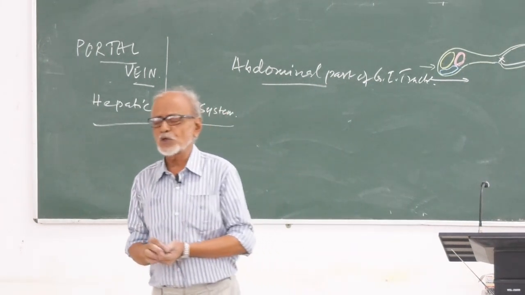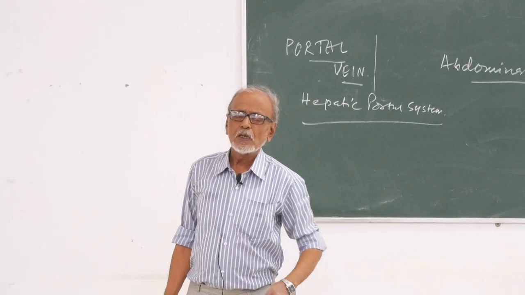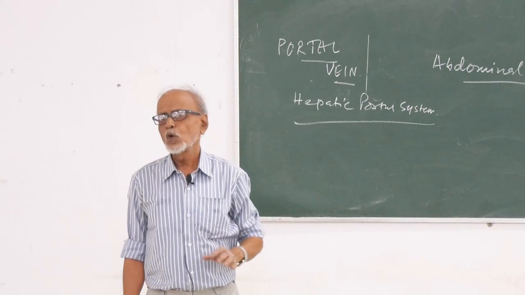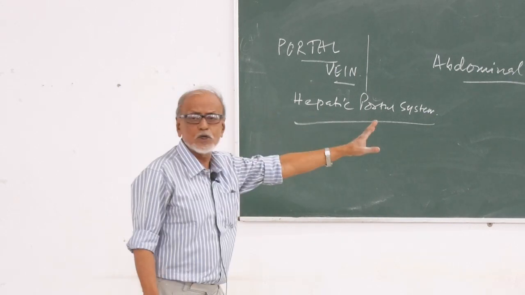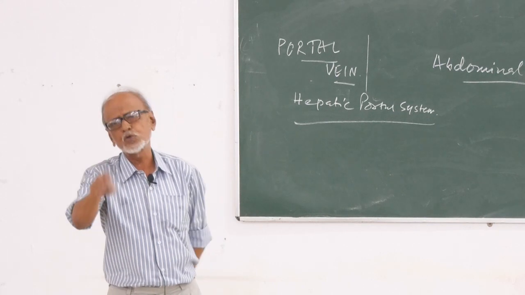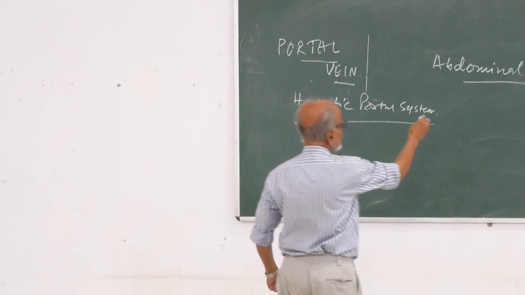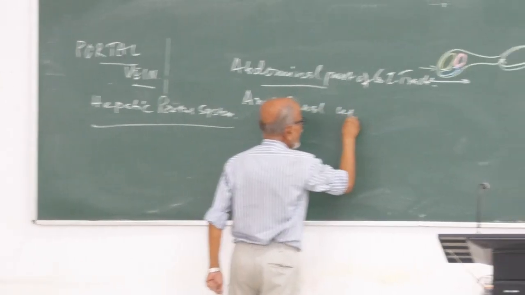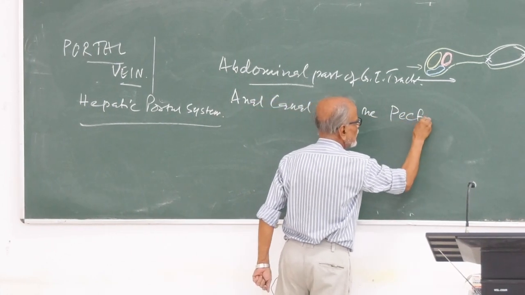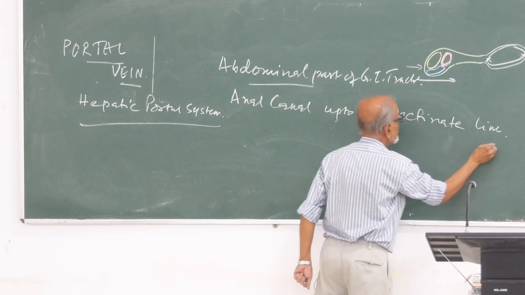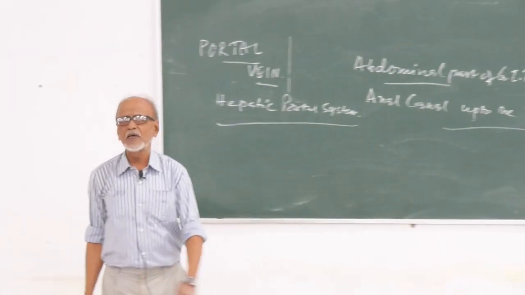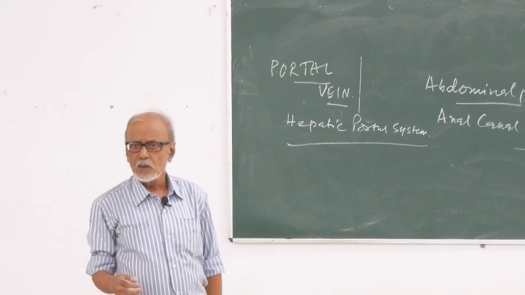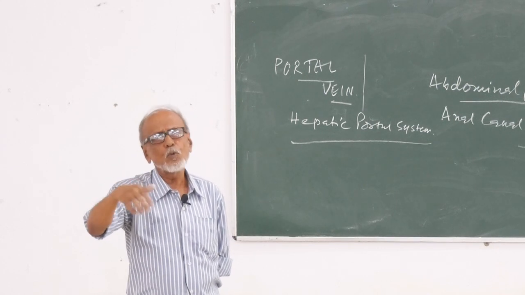এইবার কথা হচ্ছে আমরা অ্যানাল ক্যানালকে এক্সক্লুড করলাম, তাহলে অ্যানাল ক্যানালে কি নেই? পোর্টাল সিস্টেমের ক্যাপিলারিজ, ফ্রম হোয়্যার দ্য পোর্টাল ভেন উইল বিগিন? আছে। কত দূর পর্যন্ত আছে? আমি কিন্তু বলেছি, অ্যাবডোমিনাল পার্ট অফ জিআই ট্র্যাক্ট, অ্যানাল ক্যানালকে এক্সক্লুড করেছি। তাহলে এবার আমি ইনক্লুড করব অ্যানাল ক্যানাল, কিন্তু এখানে ইনক্লুড করতে পারবো না, আমি এইখানে আলাদা করে ইনক্লুড করব অ্যানাল ক্যানাল আপ টু দ্য পেকটিনেট লাইন। এসব তুমি যখন অ্যানাল ক্যানাল হবে জানতে পারবে, ঠিক আছে? অ্যানাল ক্যানালের ভেতরে একটা লাইন আছে, তার নাম পেকটিনেট লাইন। ওই পেকটিনেট লাইন পর্যন্ত যে ক্যাপিলারিজগুলো আছে, বিলং টু দ্য পোর্টাল ভেন, ঠিক আছে।